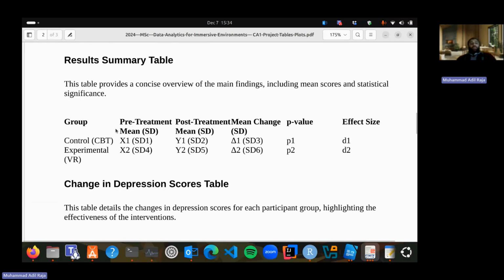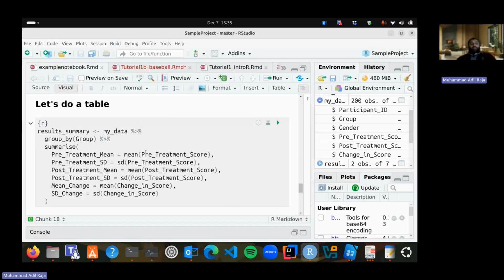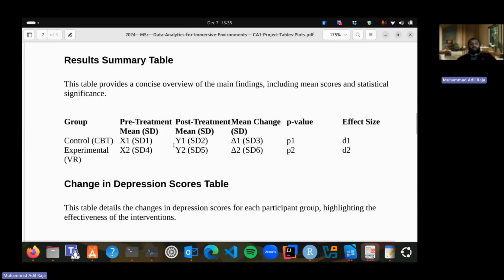So when you're writing this result summary, when you're creating this result summary, you have to look at what kind of data is requested in that table. So it says pre-treatment mean,